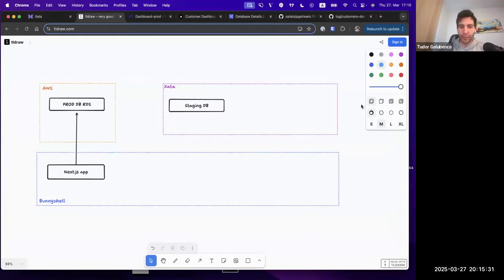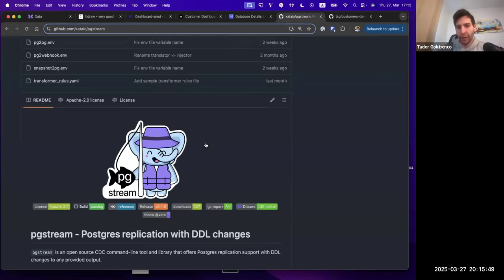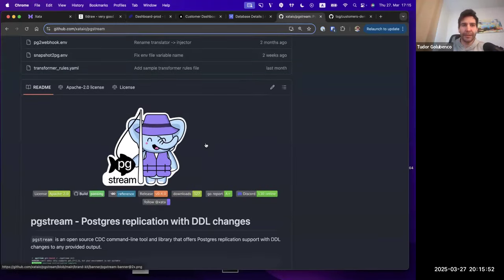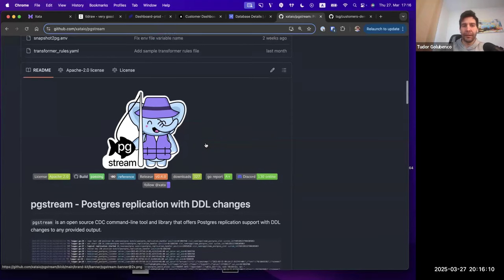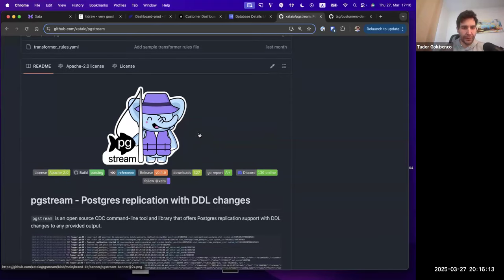when we copy the data from RDS to staging, from prod to staging, we want to have this anonymization step in between, and this is going to be done with pgstream. pgstream is our open source tool. It's a little bit like a Swiss Army knife that does all sorts of replication. It can do Postgres to Elasticsearch or OpenSearch. It can also do Postgres to Postgres. It actually had a release today. And we have recently added the functionality of transformers that do anonymization. So let's see that